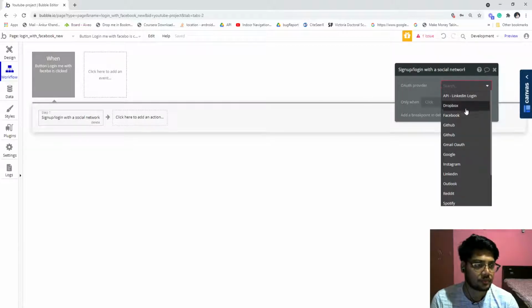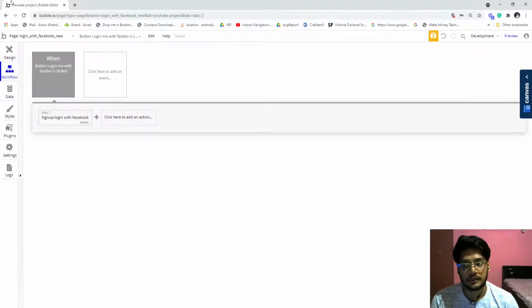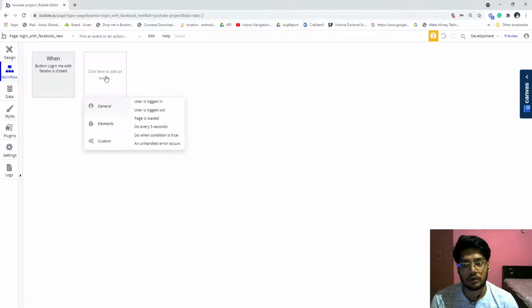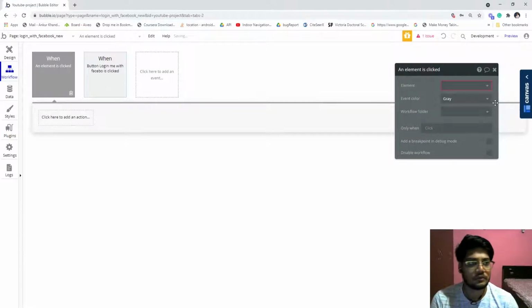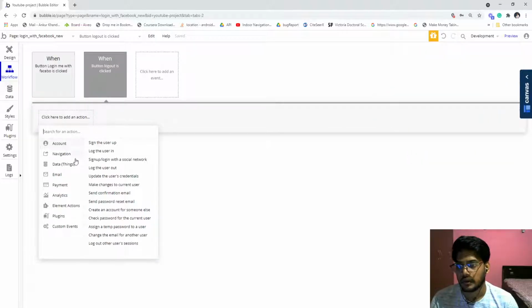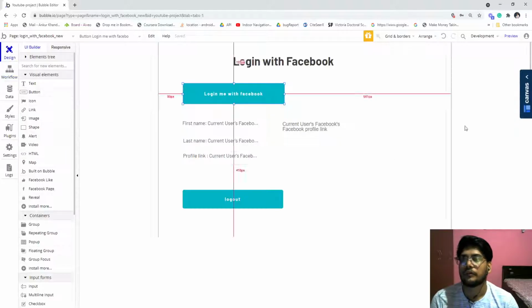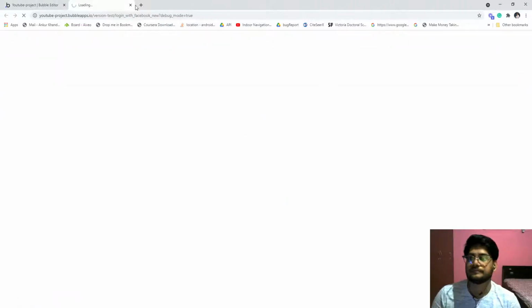Just choose the provider as Facebook. That's it. And for the logout button, when clicked, log the user out. It will automatically handle all the things. Now preview it.